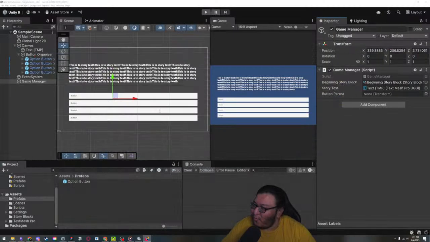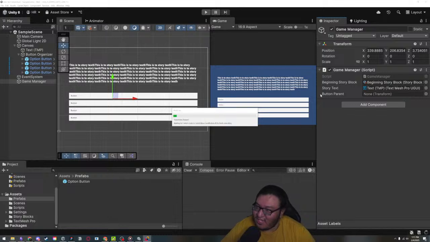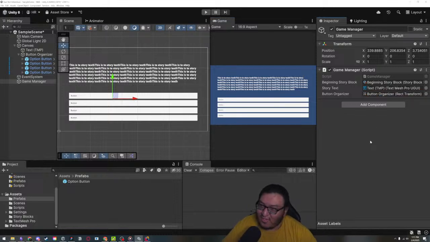And then if we go back to our code and we go back to game manager, you'll see that this is changed to button organizer and this is button organizer. So it makes it a lot simpler. We're going to just drag that over and now our button organizer is set properly. But now,